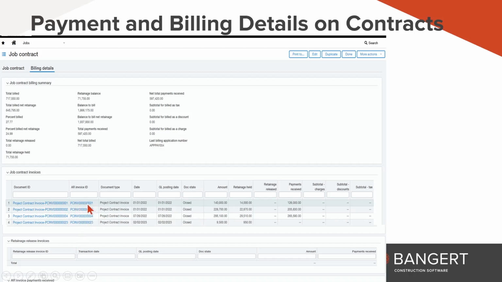So you can click on the AR invoice and see the specific line items that you have billed against this contract. So of the 140,000, you can see the various schedule of value line items that you've billed on. And then the retainage ones would be right here. And then any payments would also be listed down here under the AR invoice payments received area. It's kind of down here at the very, very bottom. But all your payments and your billings will be listed now on the billing details tab on your contracts.